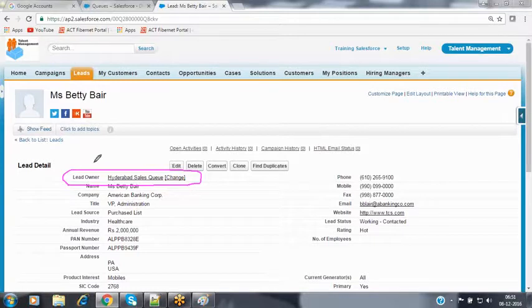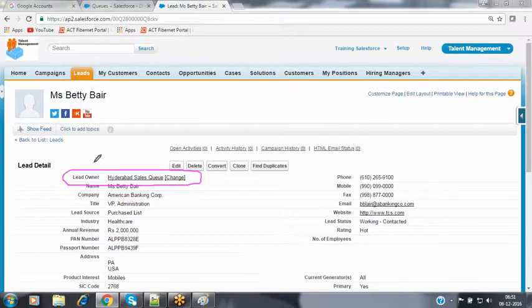This is not assigned to a specific user. This is available on the queue. Then how can we access this record here? Now as a salesperson, I am one of the salespeople. I am also working in the Hyderabad sales team. So now I am also part of that queue members here. So now I can start working on that lead record because I am free right now. I don't have any other task, so I can start working on this lead conversion process.